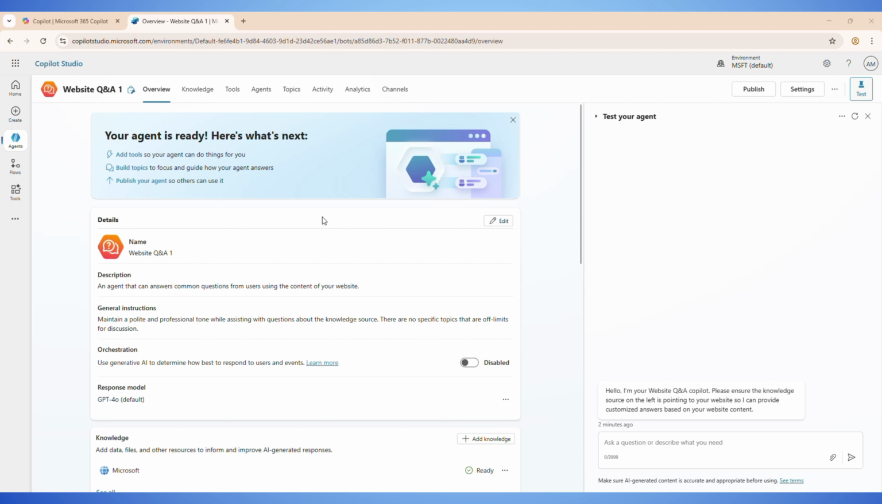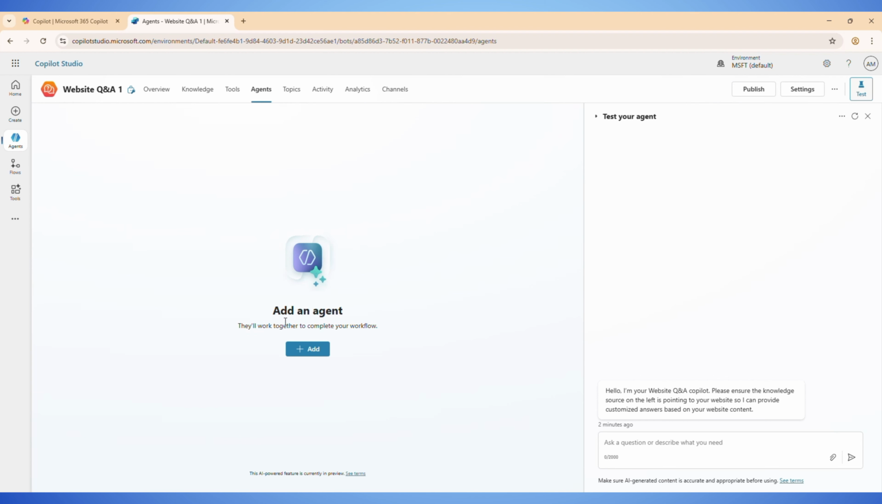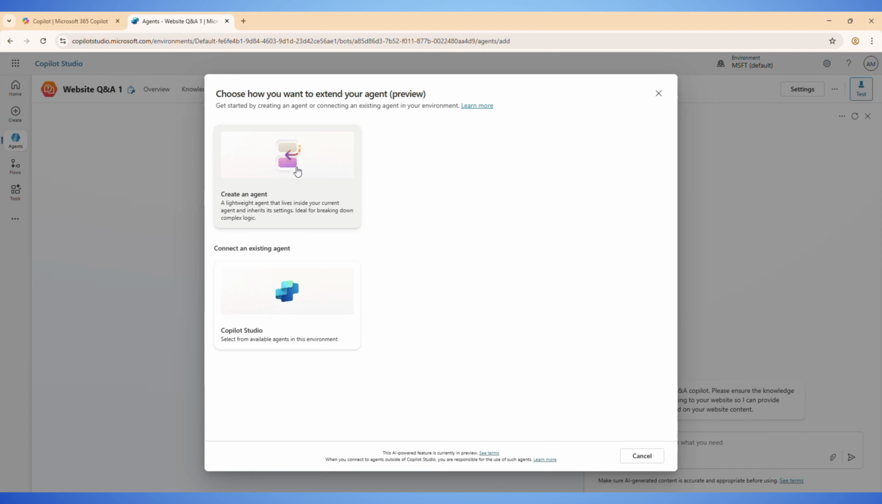As you can see, I've just opened the website Q&A agent. Now inside this agent, click on the Agents tab. Now you can see the Add an Agent button. Go ahead and click on it. Here, you'll see a screen titled Choose how you want to extend your agent, Preview. This is where you can either create a new agent or connect an existing one that's already been built in